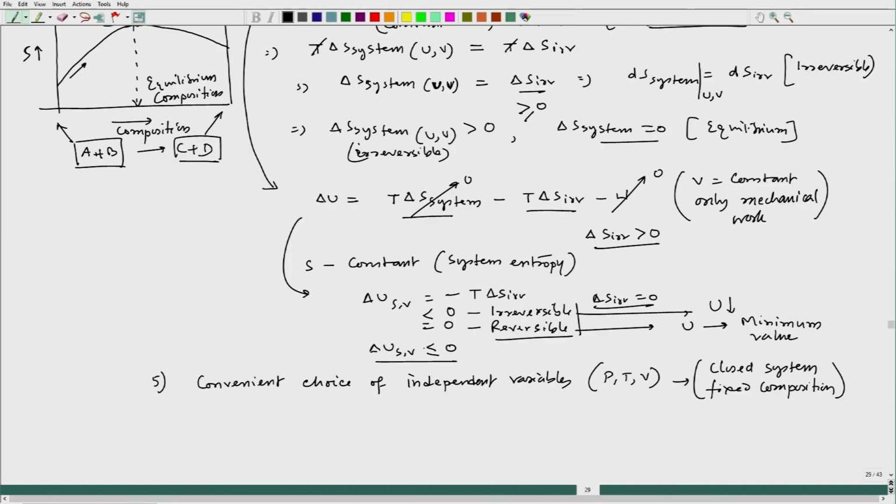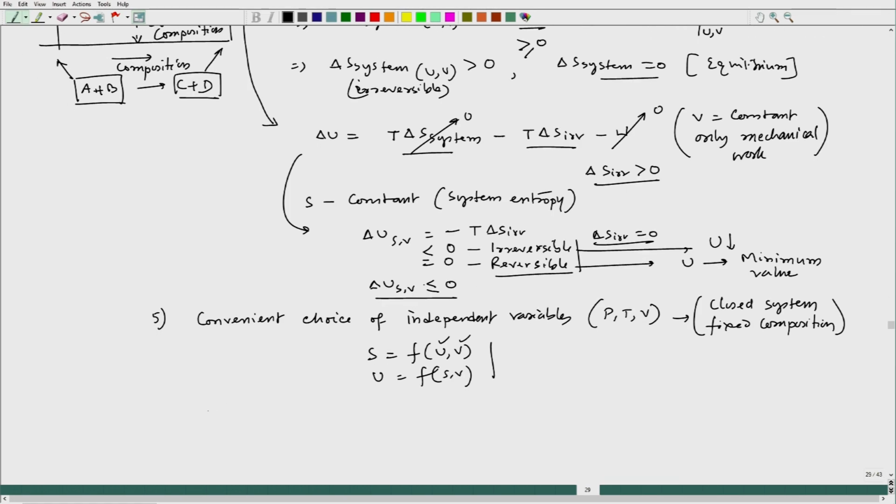Okay. So, we will come to that part later, but first let us look into this. Why we needed this? Because we know that S entropy can be a function of U and V, internal energy can be a function of S and V, and here if you see U and V are the independent variables. V is still an easy, convenient way to measure and control, but internal energy is a difficult proposition. Similarly, in case of U, S is a difficult proposition or inconvenient choice of independent variables, but volume is definitely a convenient choice. Okay. So, now from there what we have understood is that we need to bring in